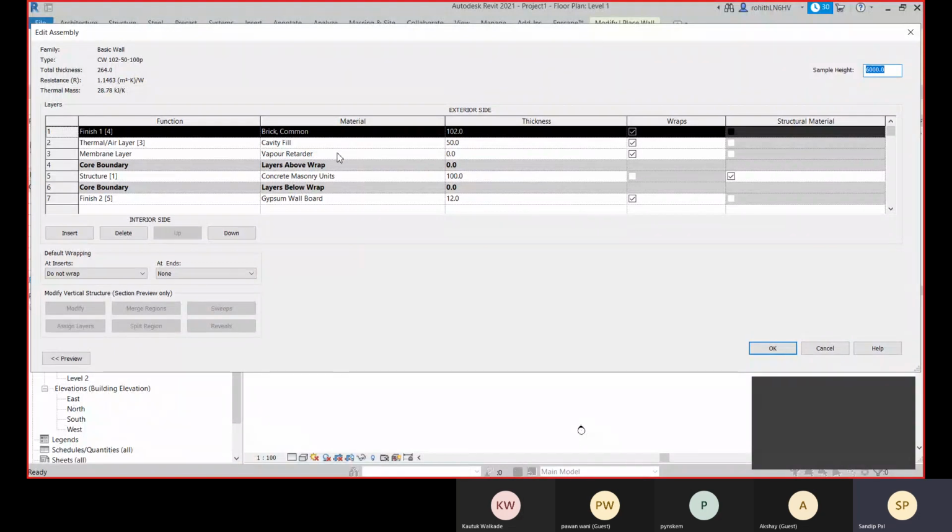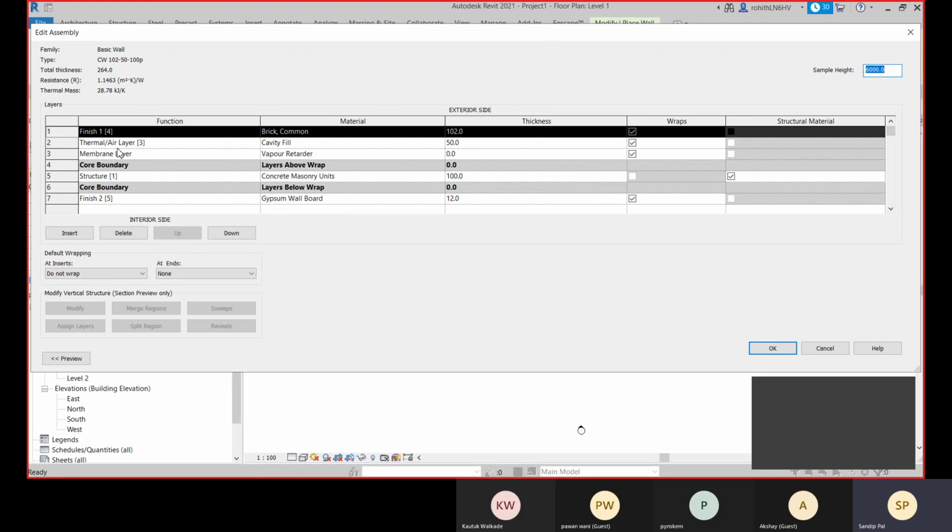We can place a plastic sheet or some kind of vapor retarder layer as a membrane layer. Okay, and here we have this core layer and finish 2.